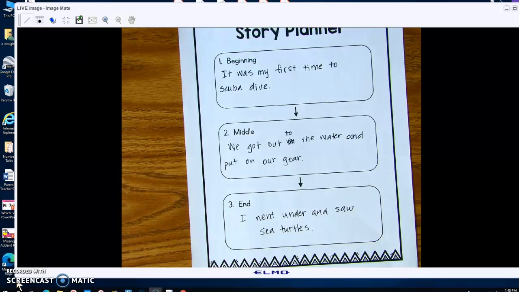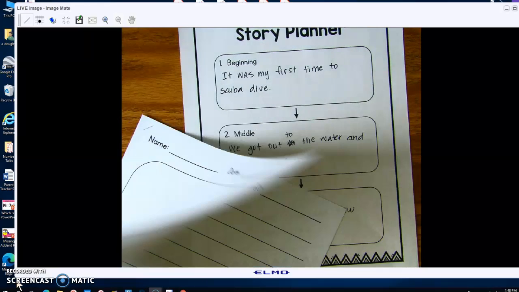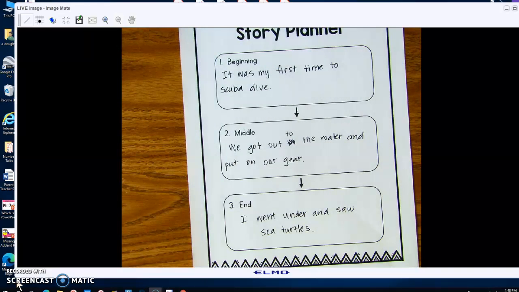So whenever I say, okay, it's time to start your drafting phase, you're going to come over here and get a piece of drafting book. You've seen this before, right? It has 3 pages. Some of you might write more than 3 pages, and I have some extra pages if you need to add more to the end. But most of us are going to only do about 1 or 2 pages right now. But we're going to add things, remember, to make it longer.